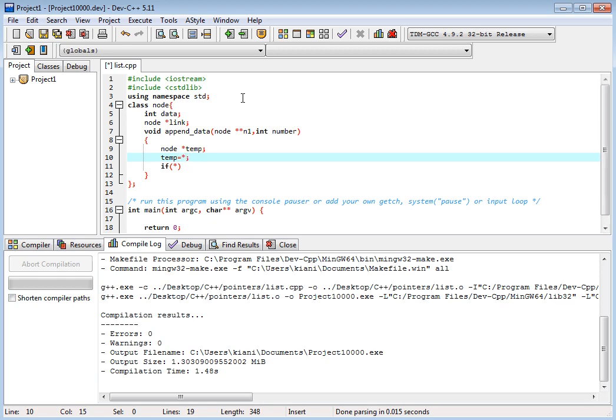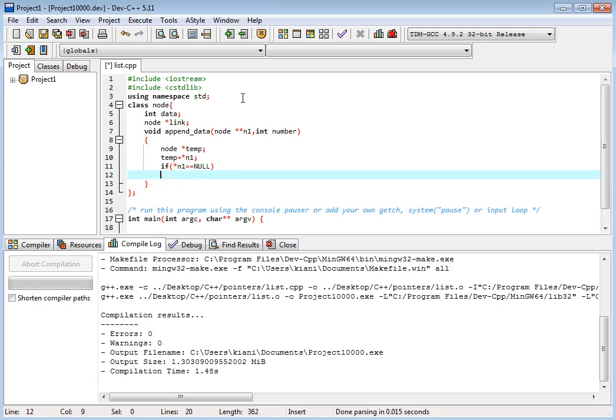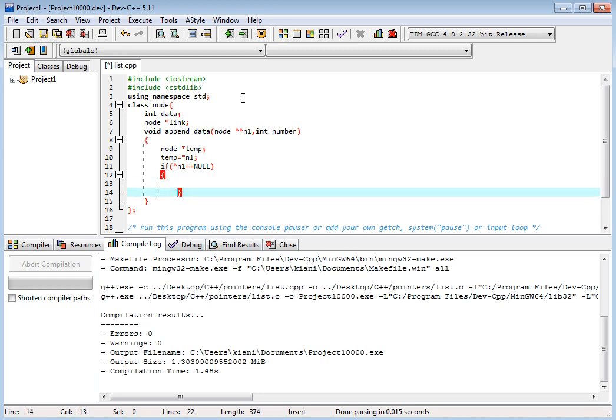This is not a pointer, this is n1. If the pointer n1 is null, we will set it to null in the beginning, n1 will be null initially.